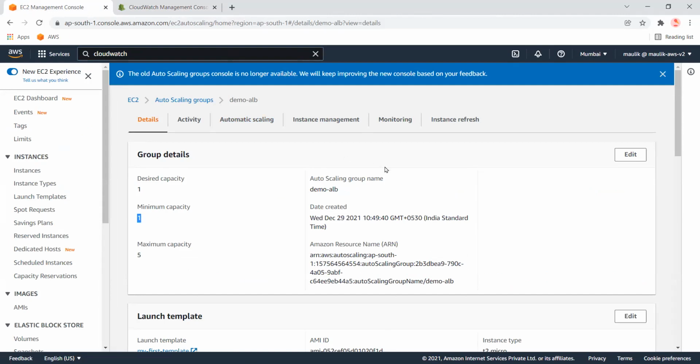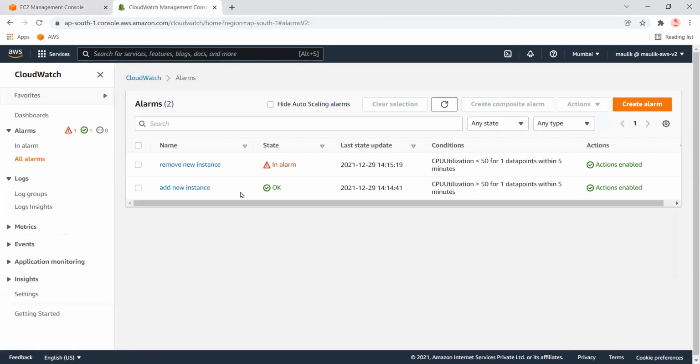Okay, now as per the last video, let me do some exercise and increase the CPU so that the second alert can be triggered, when CPU goes up to 50.